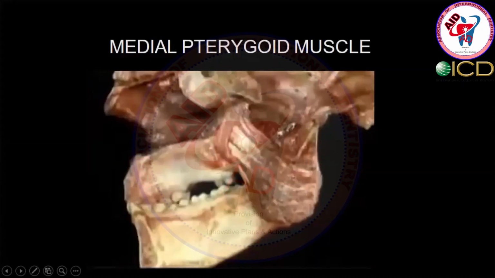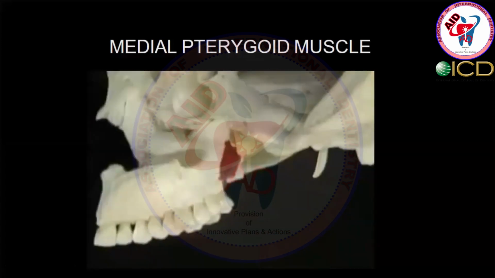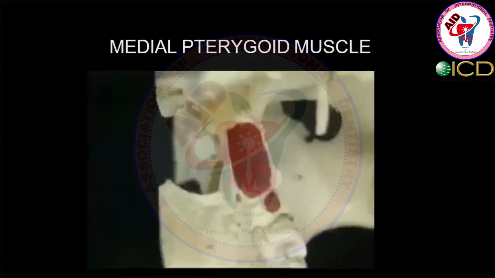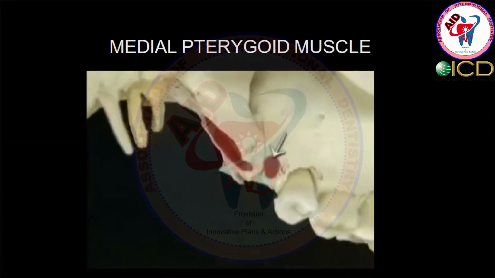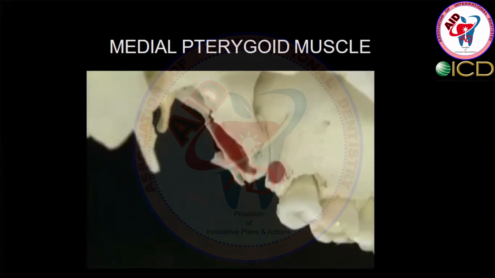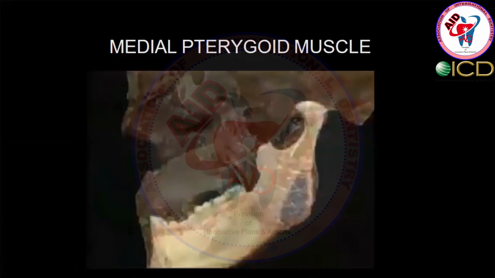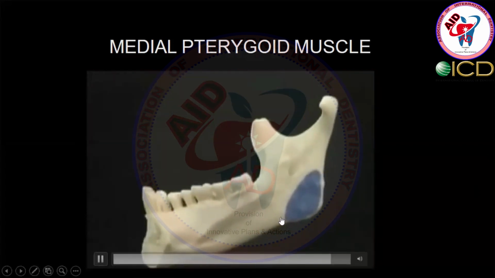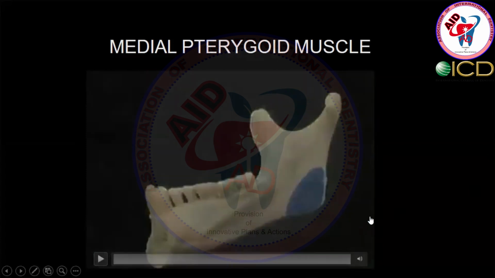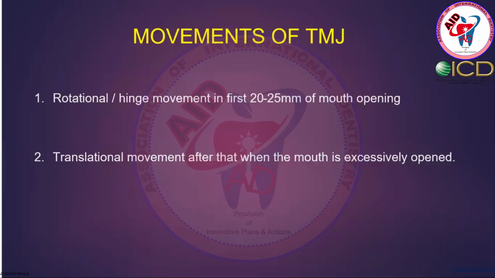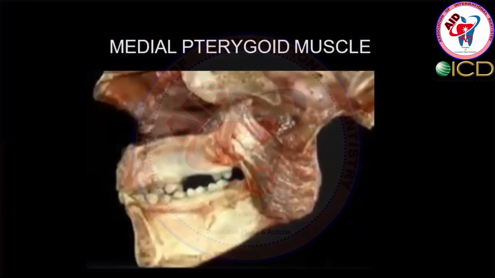Now you see on the living, that is the medial pterygoid muscle on the lateral aspect. The lateral and medial pterygoid plates give it origin, and at the superior level, the anterior portion is given to the tuberosity. This is the insertion of the medial pterygoid muscle, right here at the medial aspect of the ramus of the mandible beneath the lingula. So by this we come to the end of the muscles of mastication. That is, we have seen all four muscles of mastication.